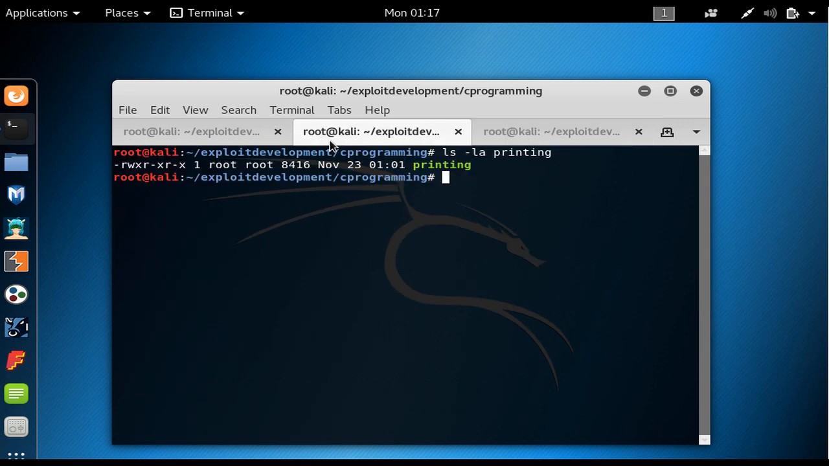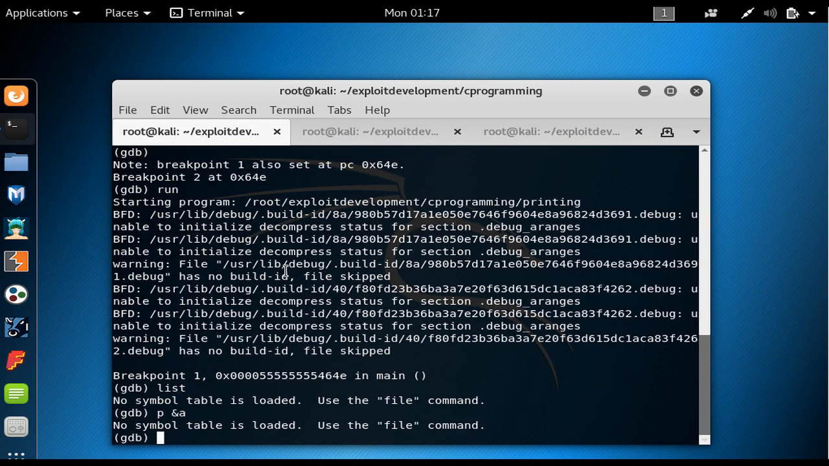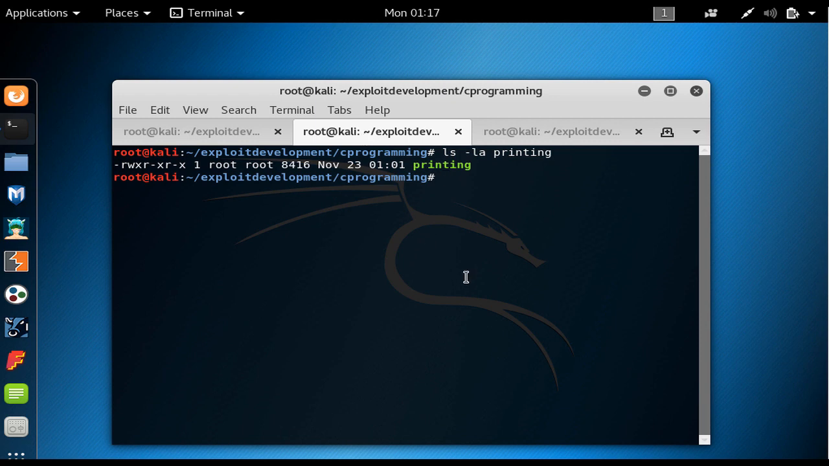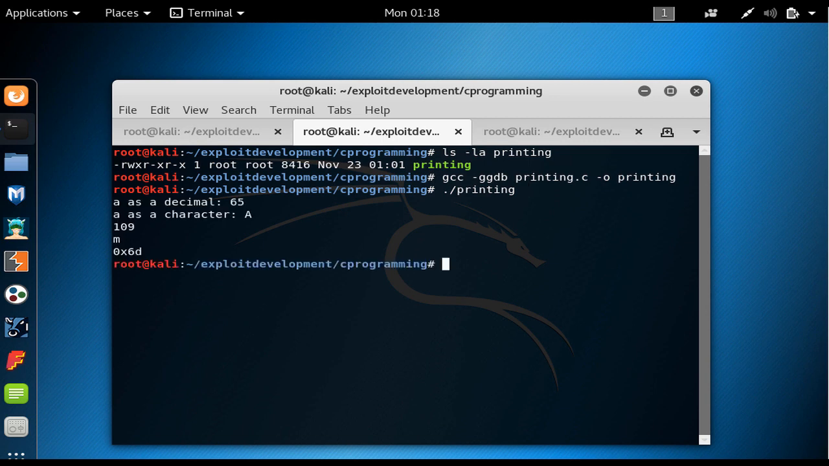Now if we want to export all the symbols to the process so that the GDB knows them, at compile time, instead of saying gcc printing.c -o and then the name of the executable, we should provide a different flag called -ggdb. In this way, some information would be added to the process so that the GDB could better understand it. Now if I hit enter, you would get the same thing as in the previous lecture, but